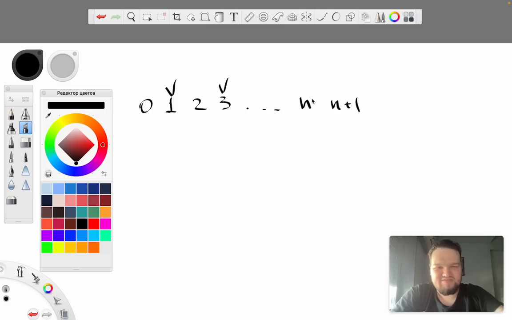Let's say that we have n minus 1 but we don't have n. Then in the first move Alice will insert n. After that it is in the set, but then